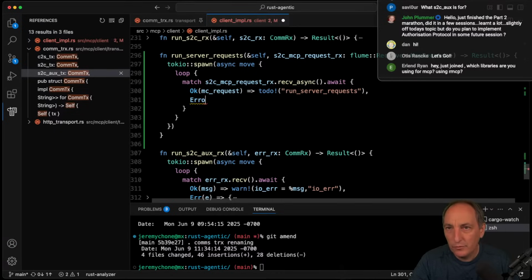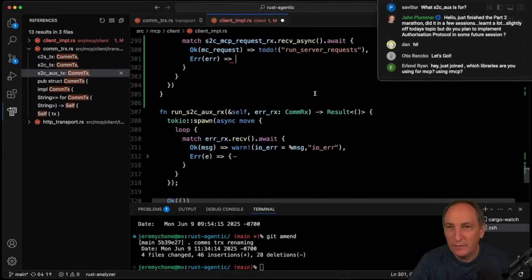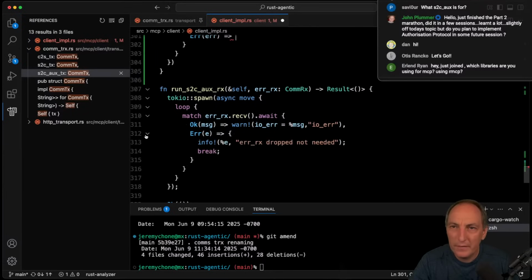And then we're going to do the error. And that is super important to do. Even if it's a println, if you don't have tracing, println is completely fine. This one is info because, again, sometimes aux